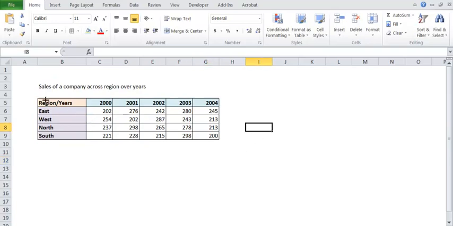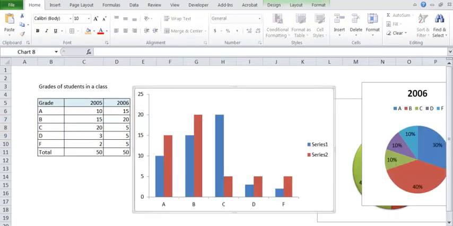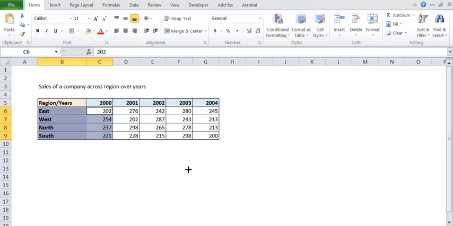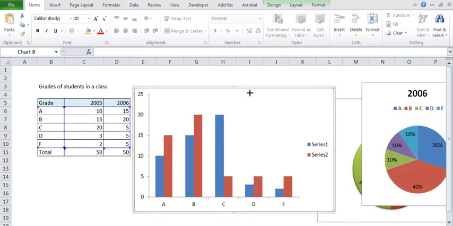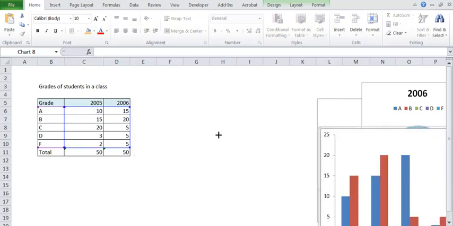Note that this can be represented using a pie chart for 1 year, 2 year, 3 year, like that. But as we discussed, it would not give you a good idea about how things are moving. So it's better that we represent this as a stack column chart. This data could also be represented as a stack column chart.